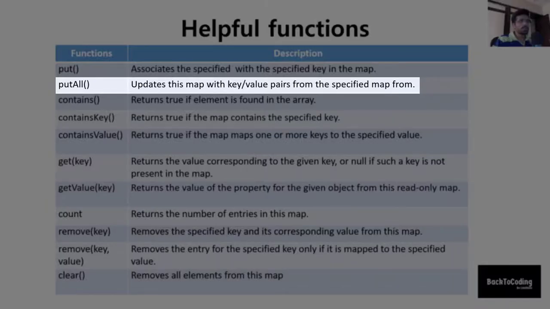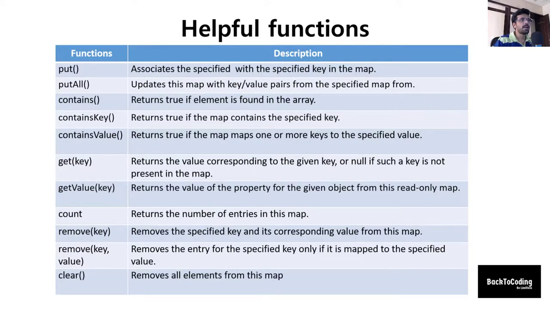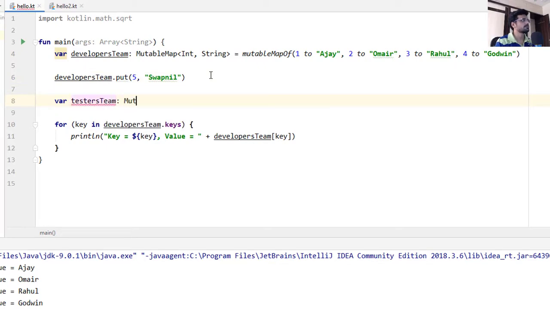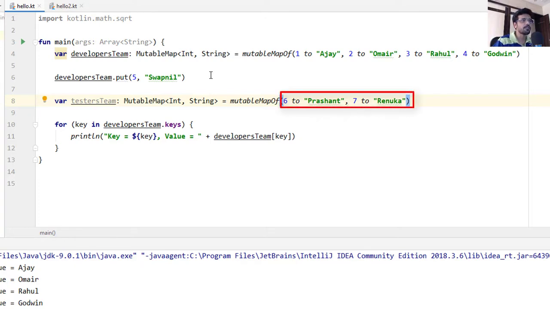PutAll function is similar to put function. The only difference is that with putAll function we can add a collection in the mutable map, like for adding multiple elements. Currently we already have a mutable map of developers team. Now let's add a mutable map of testers team. And make sure that the key that you add is different from the one already declared in the developers team mutable map.